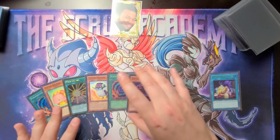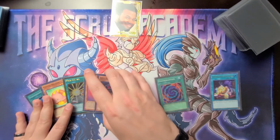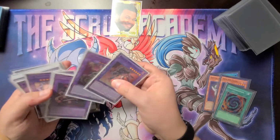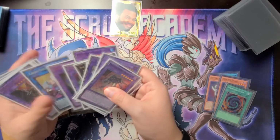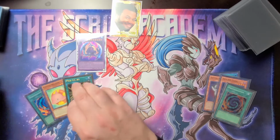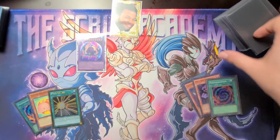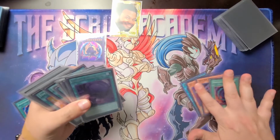discards. Alright, so we're going to activate the Polymerization with these 2. Oh, baby, yes. Okay, so we're going to send these 2 to the grave to Fusion Summon. Now we're going first here. I feel like the easiest way to get anything going here is probably going to be with our Kraken, because then we can go rank 8s if we need to. So we've got Kraken there. We're going to go Chain Link 1, Penguin, Chain Link 2, Chain. So Chain will add first. We're going to add. And we've already activated the